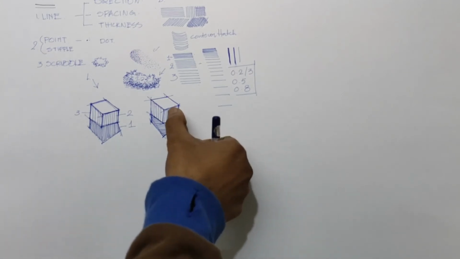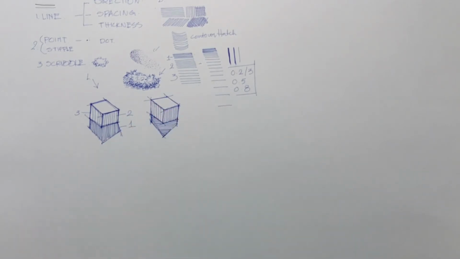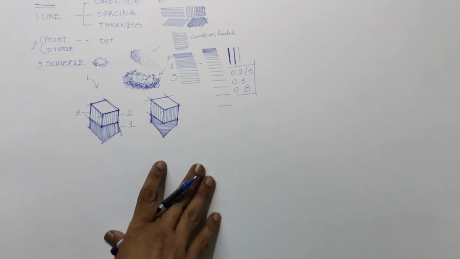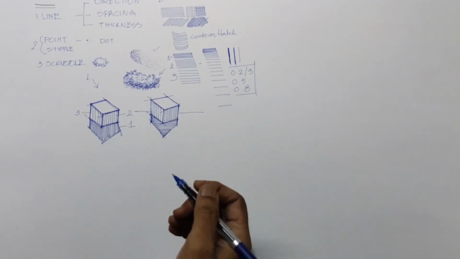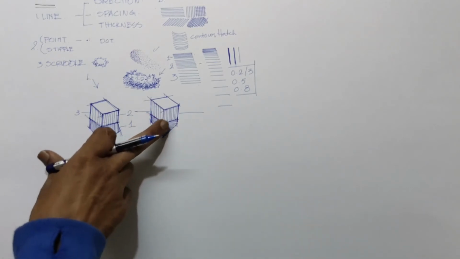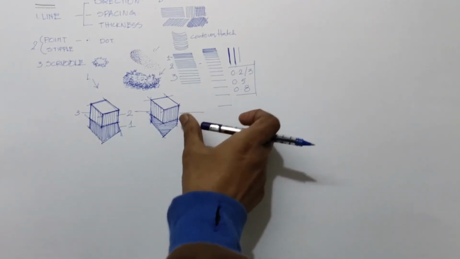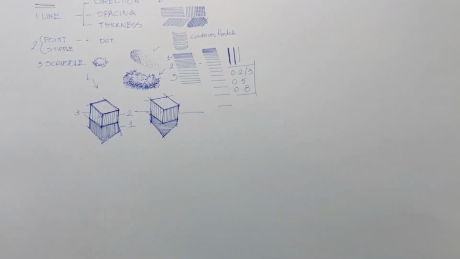See, on the object we have used all vertical lines or vertical hatches with different spacing. When it comes to the shadow, it is falling on a different plane. This is a base, it's falling on a base. There I have changed the direction of the hatch. Instead of vertical, I have taken horizontal. By that you can see definitely it is getting differentiated. Very clearly we can make out the difference between the object and the shadow, wherein here it is a unidirectional one. So it's up to you which one you want to use.